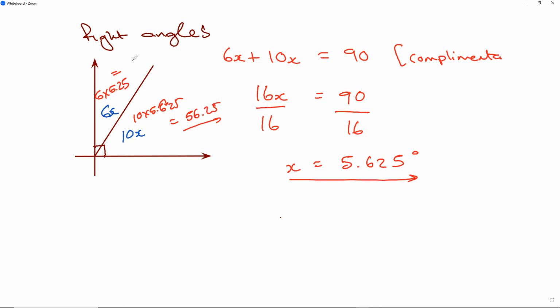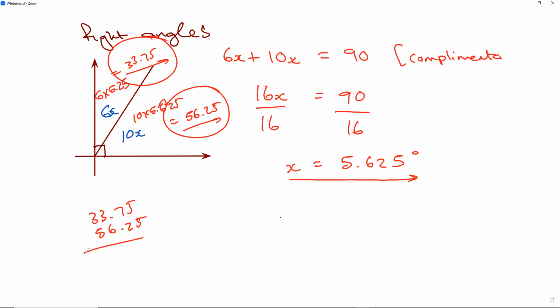And this one over here is going to be 33.75. If I add those two together, it should add up to 90 degrees. Yep, and it does. So therefore, the answer is